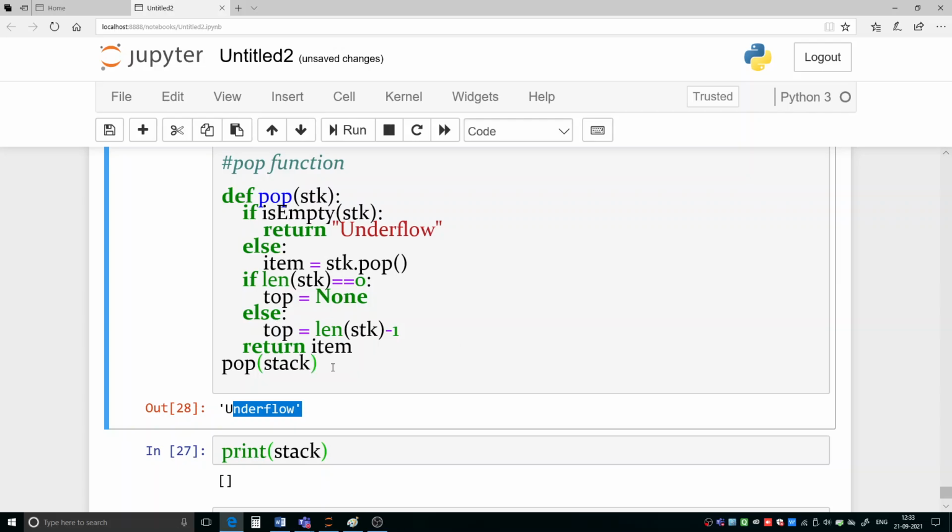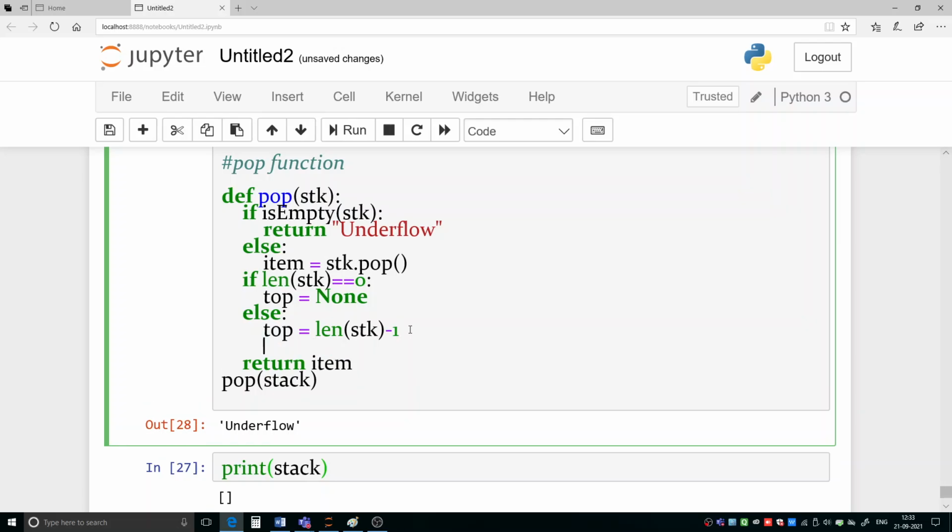Here I have written this, and now I am writing print stk, our stack, and then top.